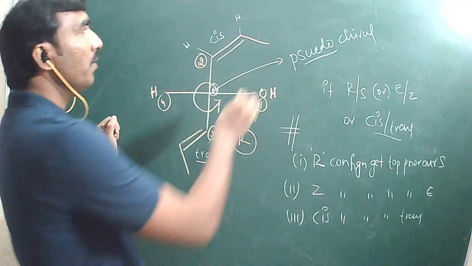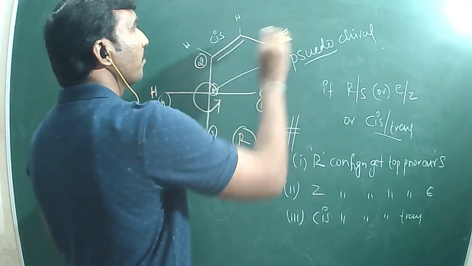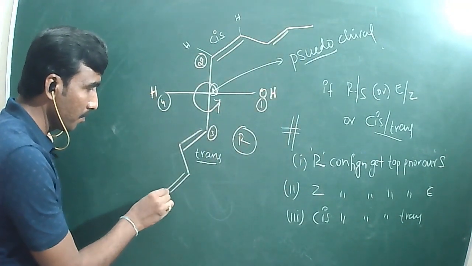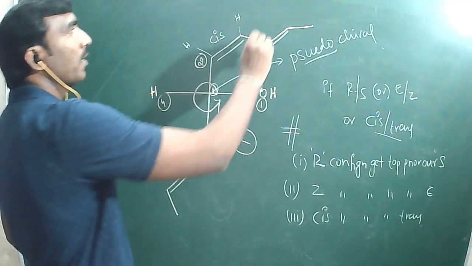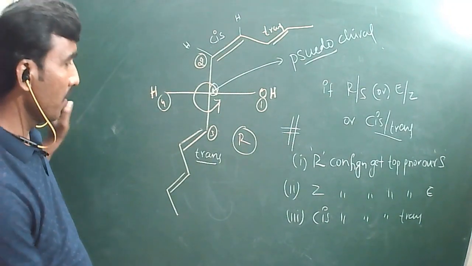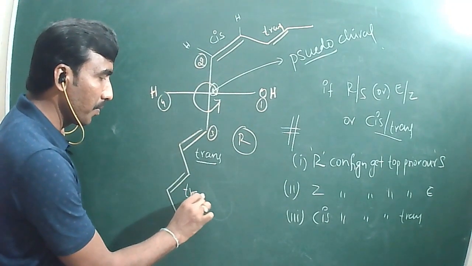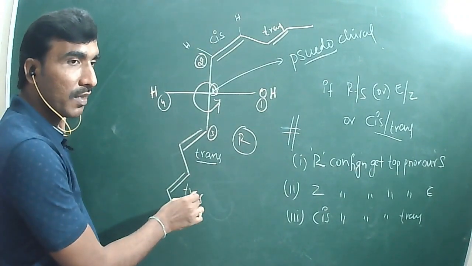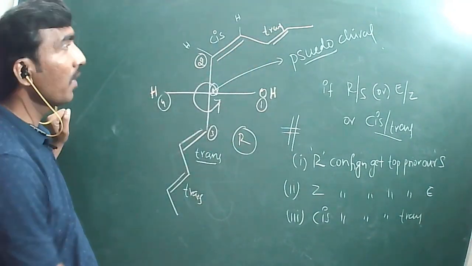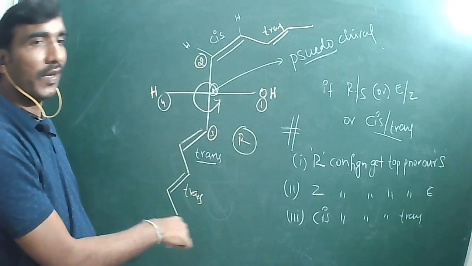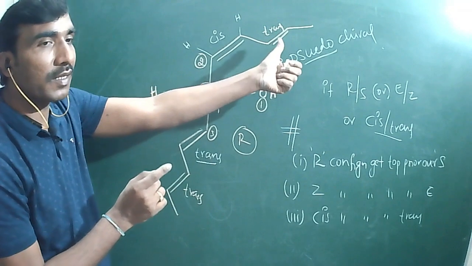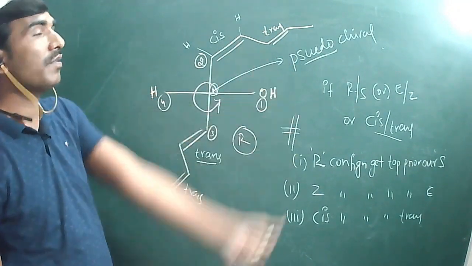Now I am extending it. It is cis. It is trans or not? It is also trans or not? I am getting two trans successively. Cis trans. It is symmetrical. It is unsymmetrical. Then who will get more priority, means trans will get more priority. Then cis trans. Or if it is cis and if it is trans, then cis will get the more priority.